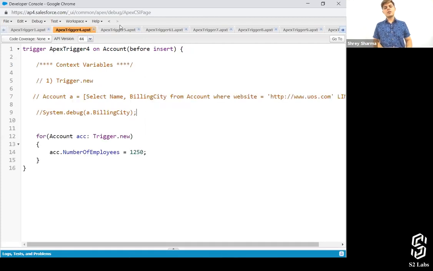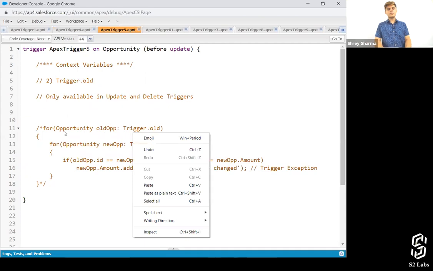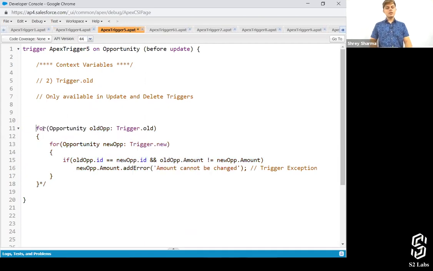Okay. So trigger.old. Let's understand this one. Over here, I've created a code which is going to do one thing. Please pay attention. Whenever an opportunity gets updated, if the old value of amount is not equal to the new value of the amount, then in that case we want to show an error.